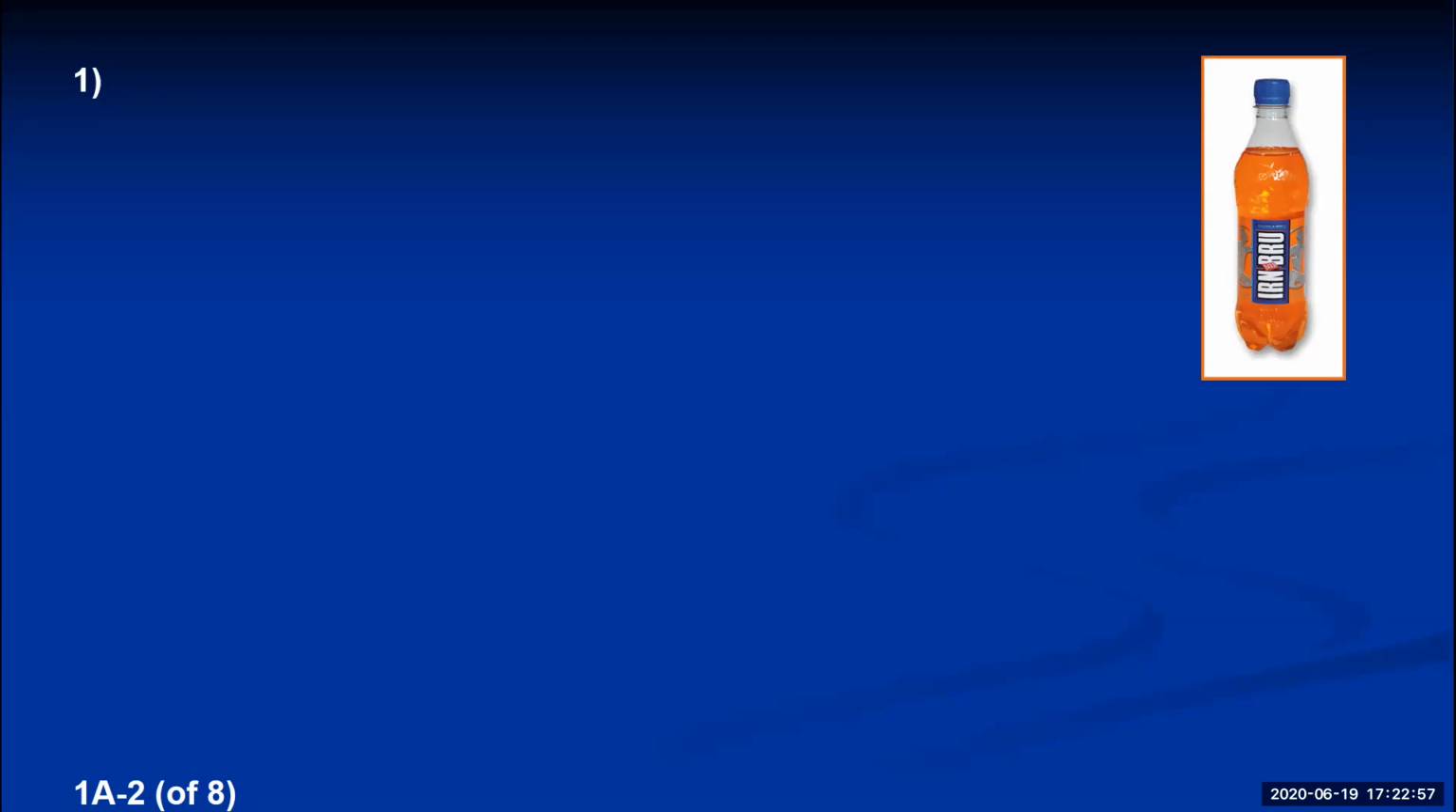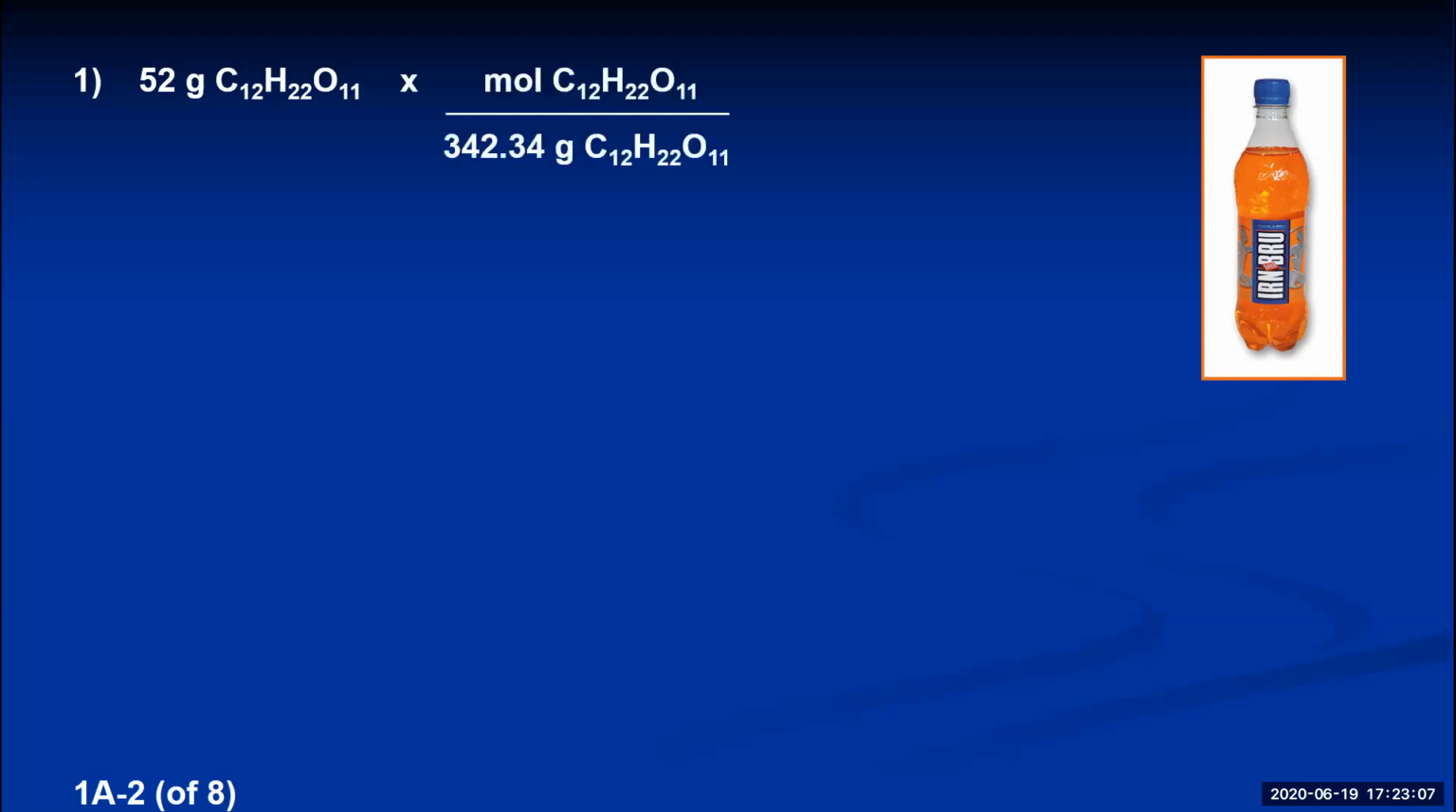So we have to calculate how many moles of sucrose are in it. To calculate moles of a solute, you have to use its molar mass to convert the grams into moles. Molar mass of sucrose, 342.32 grams per mole. Because the 52 is a two significant figure number, the number of moles of sucrose you get will be two significant figures, 0.15. But when you're in the middle of a calculation, you don't want to actually round the number